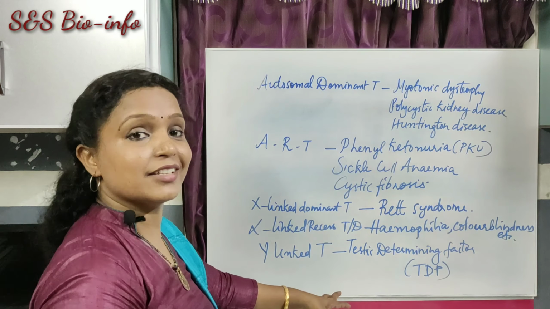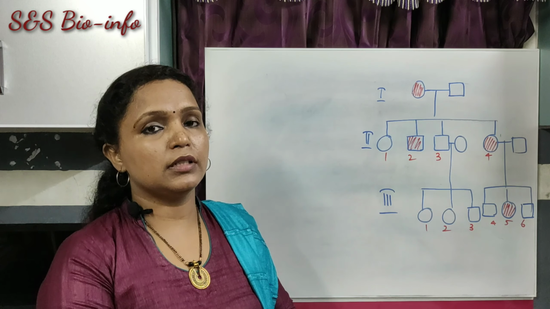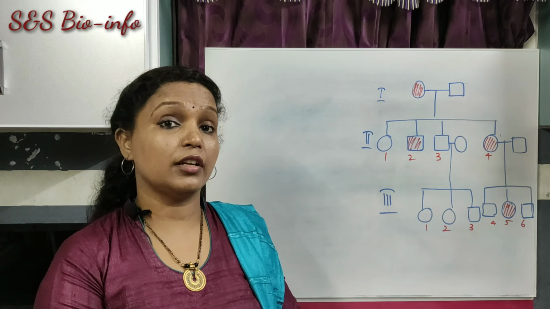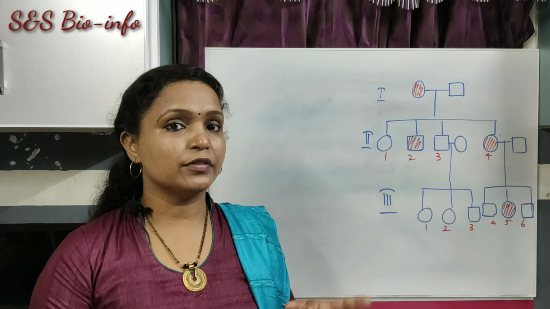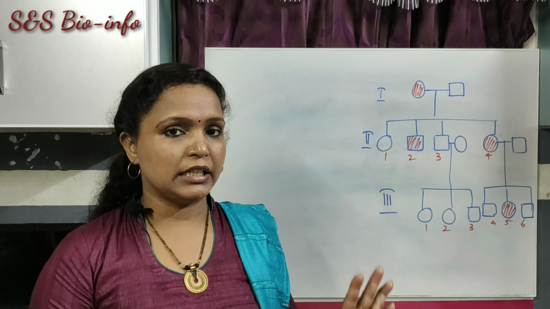Suppose you get a pedigree problem to solve, that means you want to write the genotype of the family members given in the pedigree chart. How would you write it, and how would you find out whether it is an autosomal dominant trait or autosomal recessive trait, X-linked recessive or dominant? The clues that I have said before must be applied here to understand the type of inheritance. Thereafter we can write the genotype of the offspring or the members in the family.